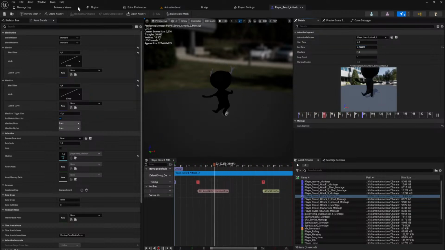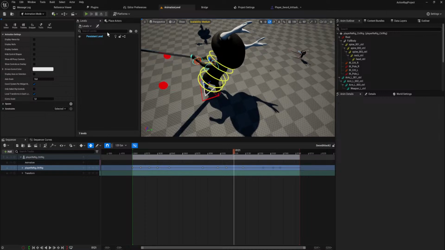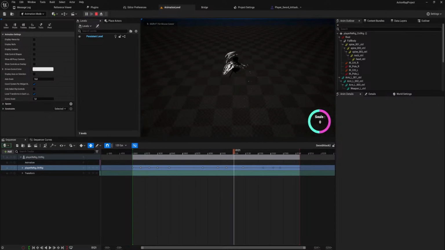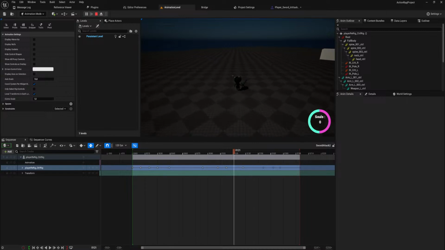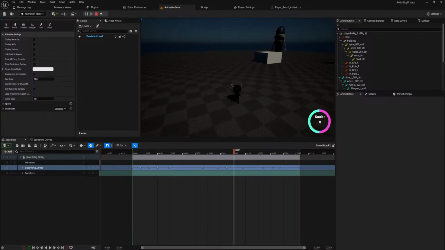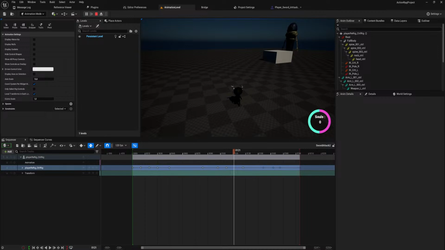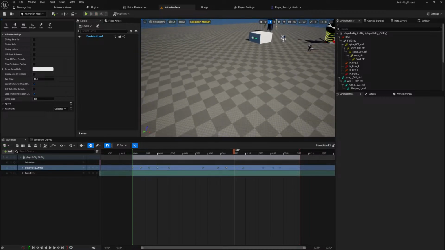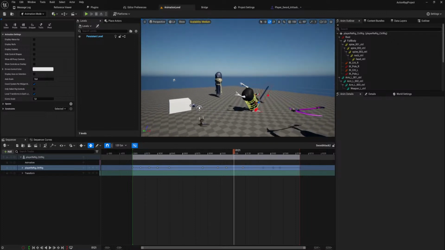Let's see. Sword attack 2. Would it make more sense to do slow, fast, slow, fast, slow? Maybe. So this one shouldn't actually be... yeah, I think that makes more sense.